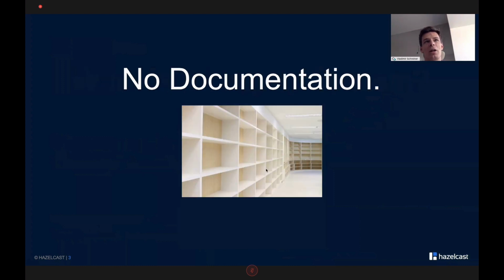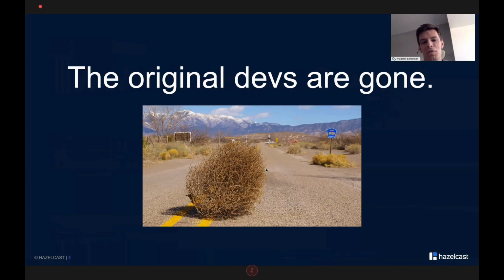So it's a software with no documentation. So knowledge just isn't recorded. Original devs are gone. If you want to add something, you have to basically reverse engineer everything to understand all the hacks that were made to the software at the time of its creation. Usually there are zero